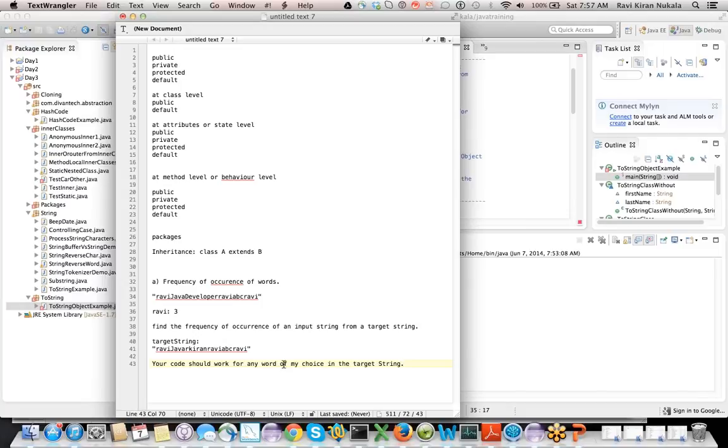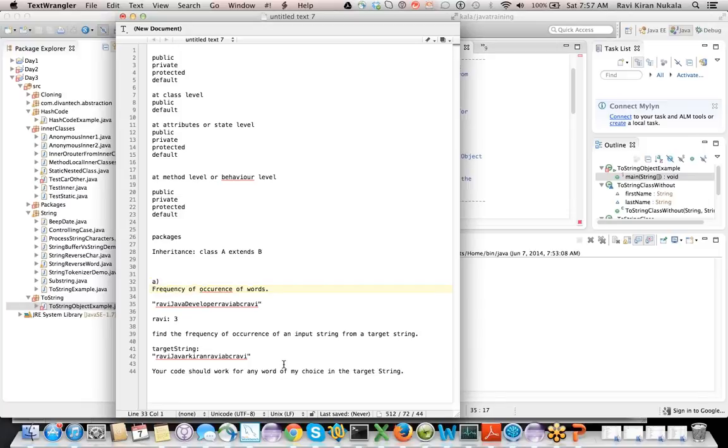This problem can scale later if you want, but for now, at the beginning of the sessions, this is just 3. Frequency of occurrence of words that I'm interested in. Can anybody tell me how you would do it with the knowledge of the string class and loops so far?